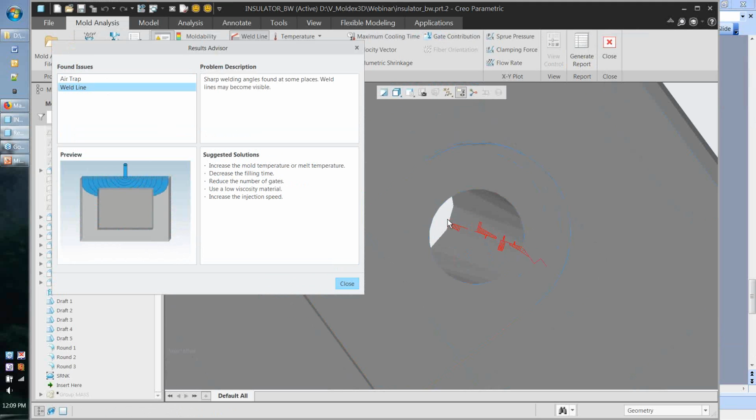And it's coming up and saying, hey, I found sharp welding angles at some places. The weld lines may become visible. It's giving me some indications that while my moldability is good, I may in fact start to encounter a quality defect in this area. And then it gives me some suggested solutions and some other information to help those that may have a little bit less experience in plastic injection molding defects and or plastic injection molding simulation to get headed in the right direction